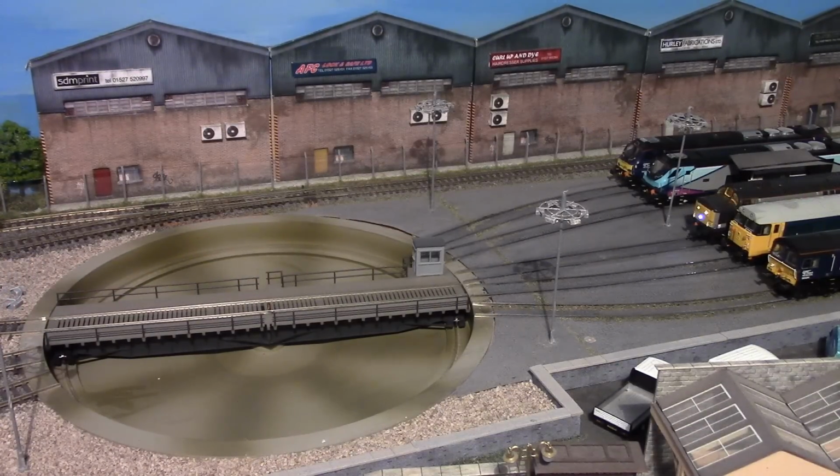So as you've seen, if you're a bit of a purist or you like to have things just about right, then turntables don't seem, on the face of it, to be what they're made out to be. But you can, with a bit of forethought, change this, and you can make it work really, really well. Now I'll try and explain this first. You've got the head end and the tail end,